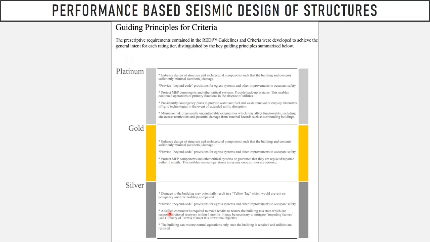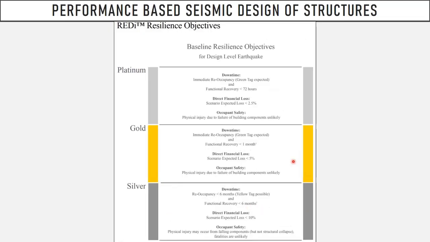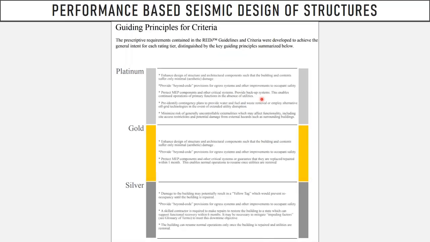I don't want to go into that much detail, but as I mentioned, how do you define direct loss, how do you define the 2.5%? How do you define 72 hours? It is all detailed in the document. It's all free. You can download and check.